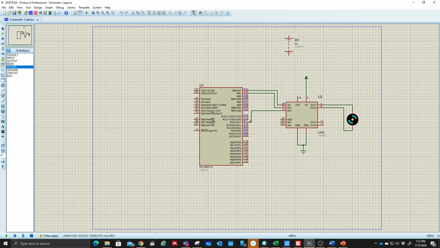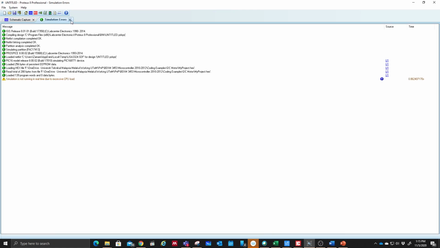So you can see that my CCP pin is at 100%, like most of the time it is straight. Basically, most of the time it is straight. It is a full PWM, and it's moving one of them. So you want to see this one. You want to see the value of the